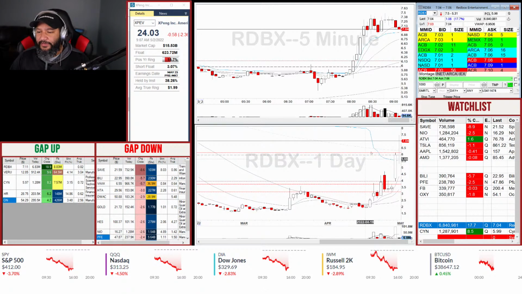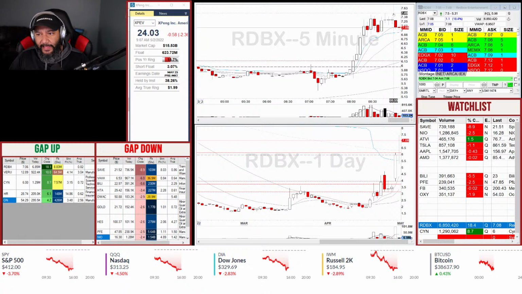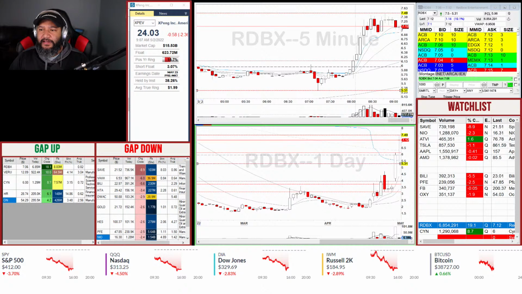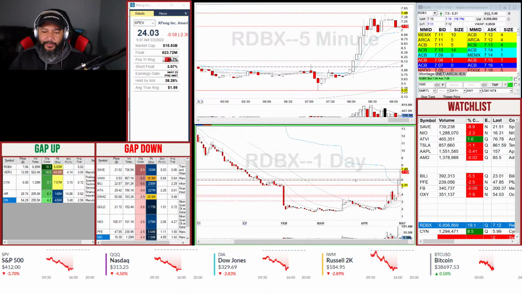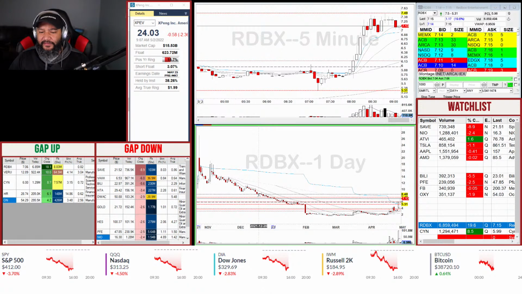And we have RDBX, which is up 17%. Again, nice day on Friday. Continuing today again, so that's always good. That just means that the catalyst and the momentum is carrying over, which is nice. So let's just get some levels in here and be ready. High of the pre-market 750. Towards the bottom, we are looking at 531. And I think that is all you really need right now, right? Towards the top of that, let's see if we have some significant levels. We might have something around 848.